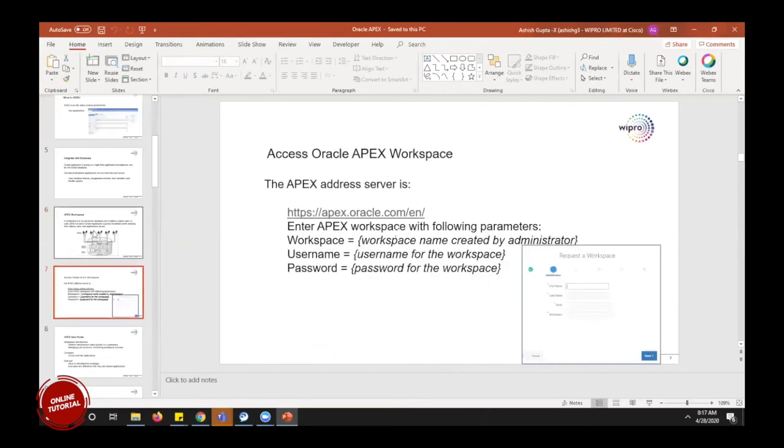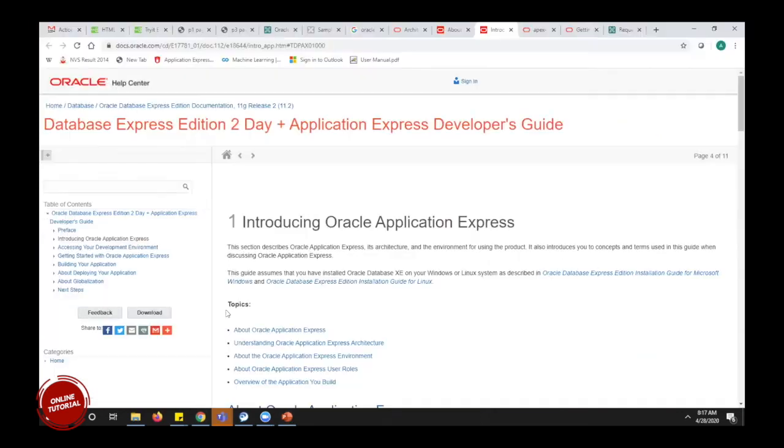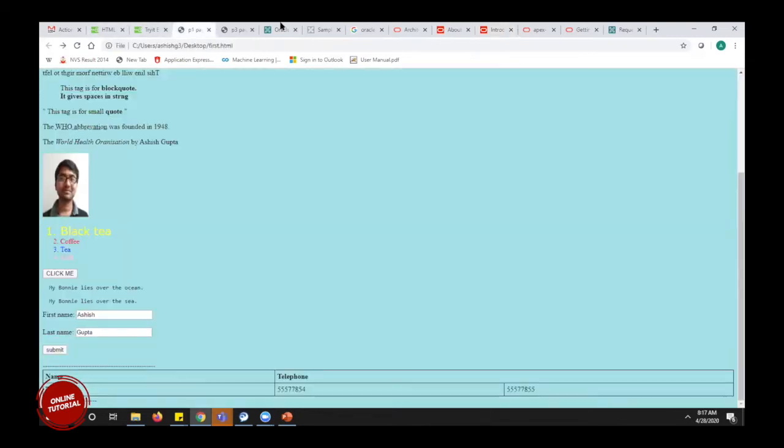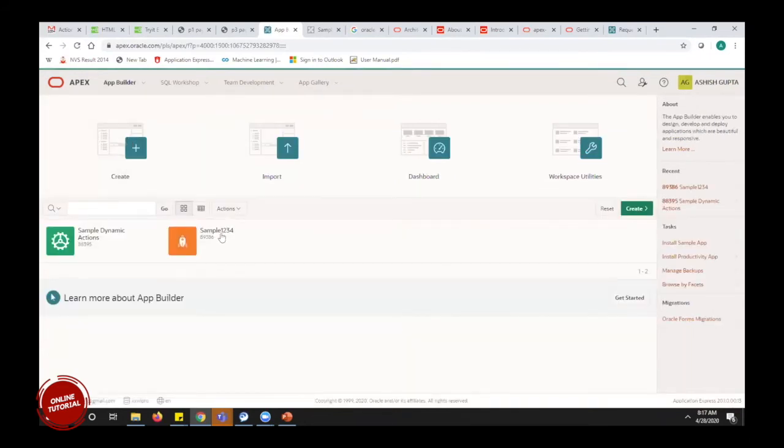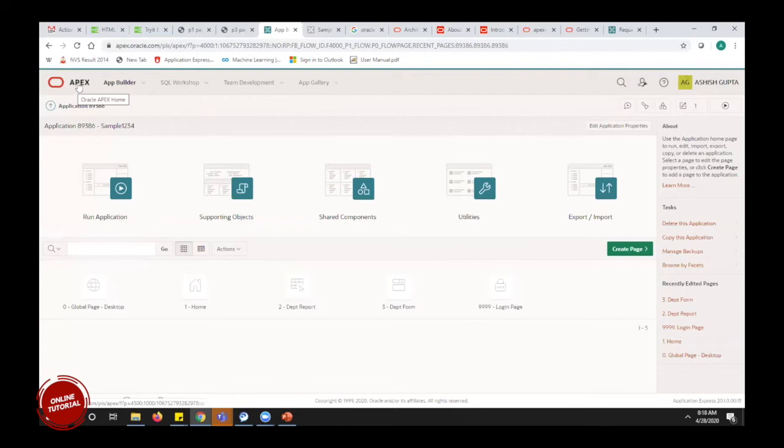Okay, now let us go through the application. Once we are into the application, we will create an application.